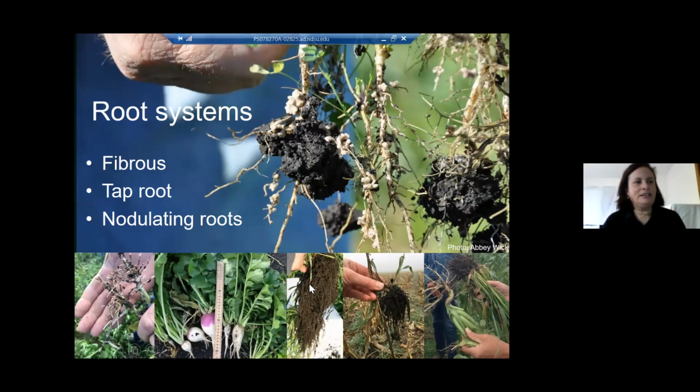Like here, you can see a rye root, and it has a lot of soil attached to it. While if you look at a radish or turnip on the left side, you can see that there's no soil attached, and this is because cereals